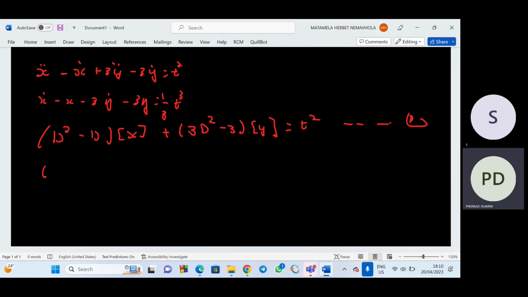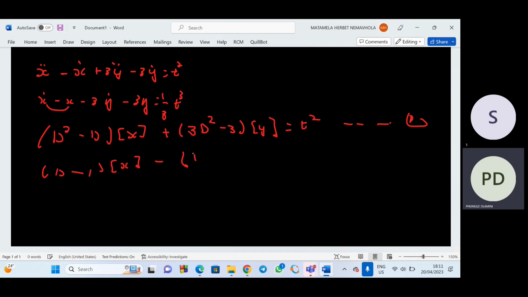Then we come to the second one here. We have d minus 1. You see that these two, there is no dot there, so we write 1. Then you show that it is for the x side. Then minus, we have